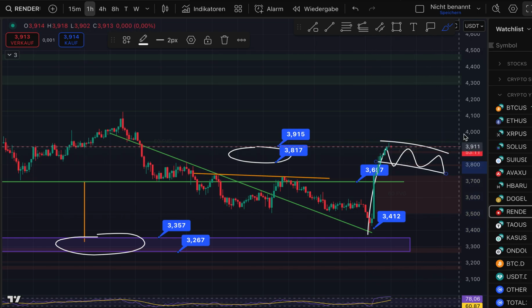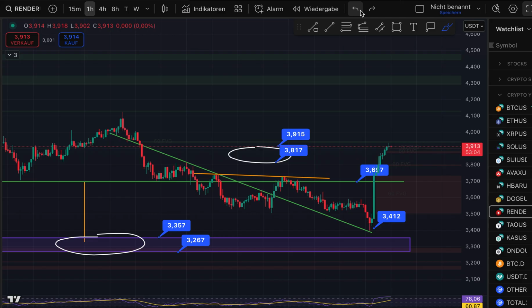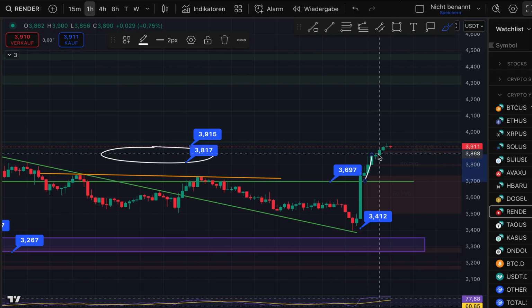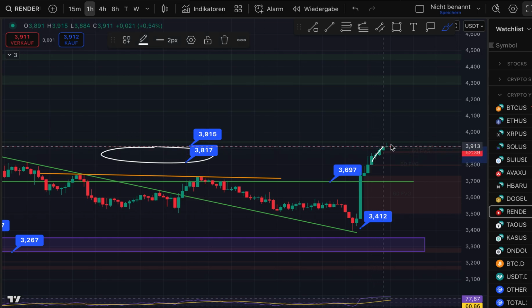Then we can measure new targets for this push. So far, I don't see it. Our target for Render was $3.81 to $3.91. Where are we? Right here. Are we that impulsive like before? Here, it was very impulsive. Here also, the candles were a bit bigger. But since we are in that area, $3.81 to $3.93, the whole up movement is actually getting weaker and weaker,